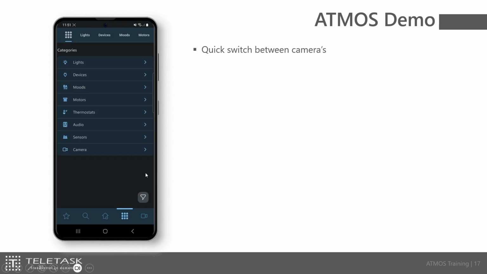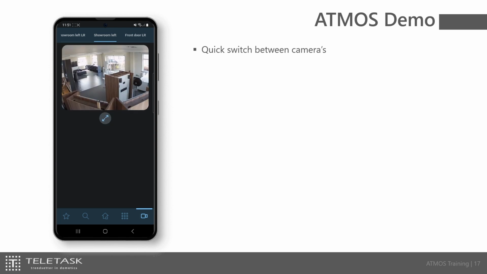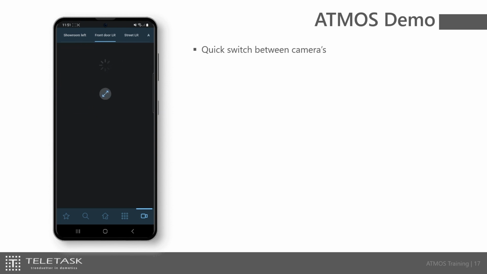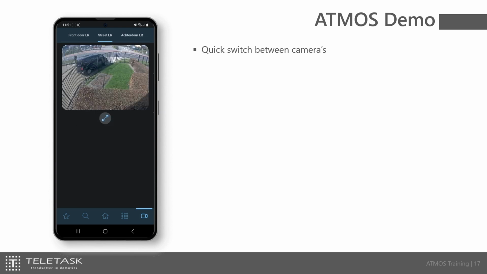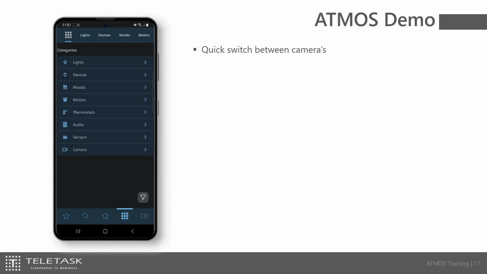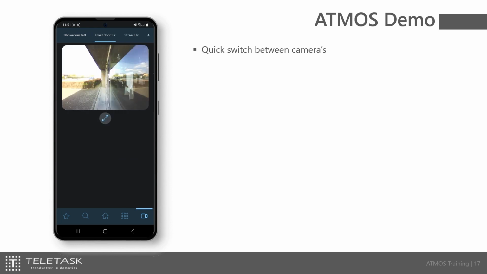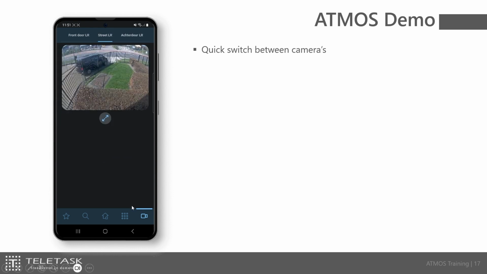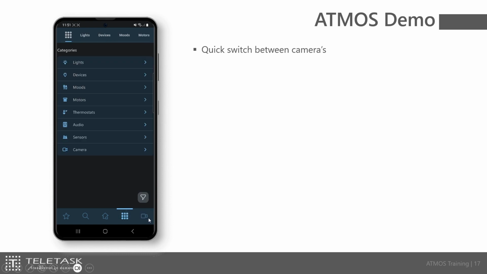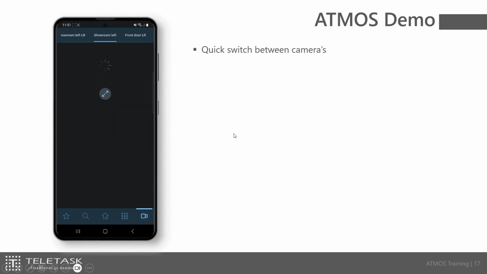Okay. Switching between cameras, we also have an example. You go to the camera screen, then you see the camera, and you can just slide with your finger from right to left or left to right, and you can see one camera after another. You stay in the camera screen. It's very simple. You can also use the special camera button in the lower right corner for people who often use it,